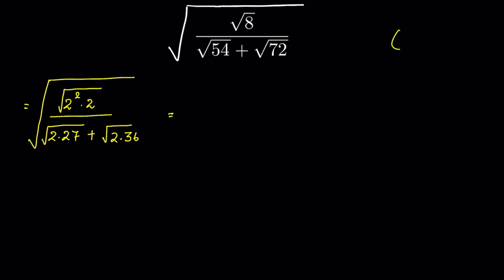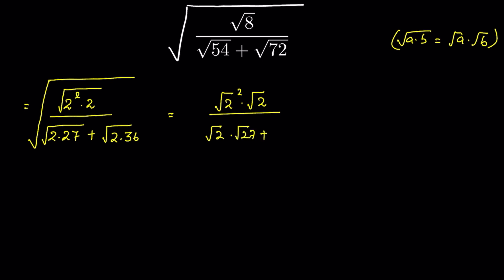Now when a times b is under square root, we can write it as square root of a times square root of b. So this we can write square root of 2 square times square root of 2 upon square root of 2 times square root of 27 plus square root of 2 times square root of 36, then all under square root. Now we remove the square root with the square, 2 times square root of 2